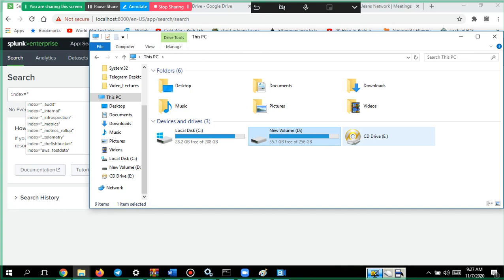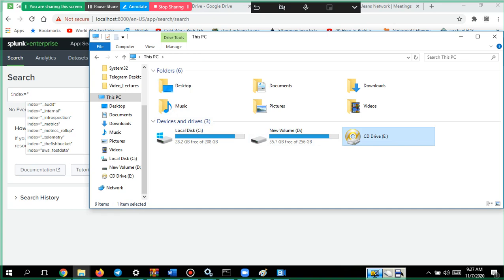All my antivirus logs are here, and similar kinds of other drives, like E drive, F drive, G drive, will be there in one server.